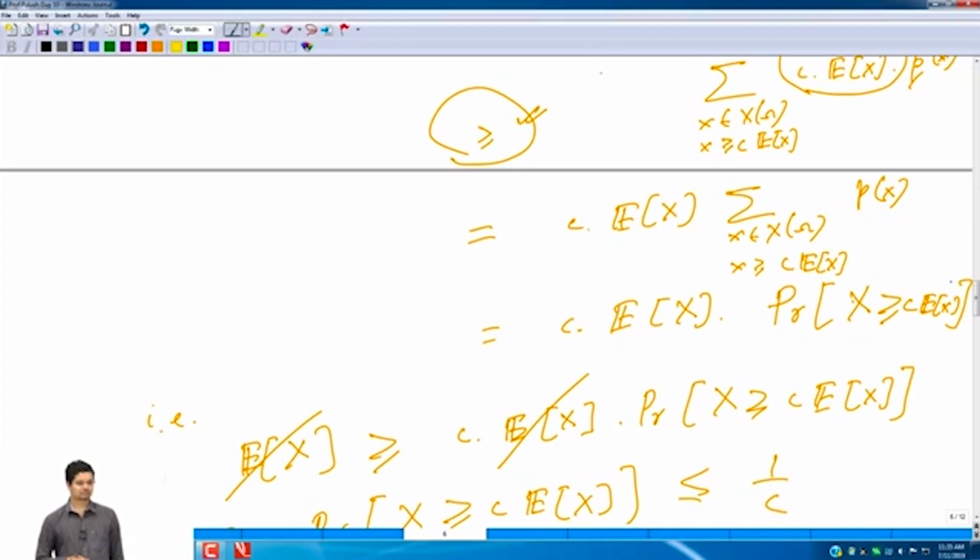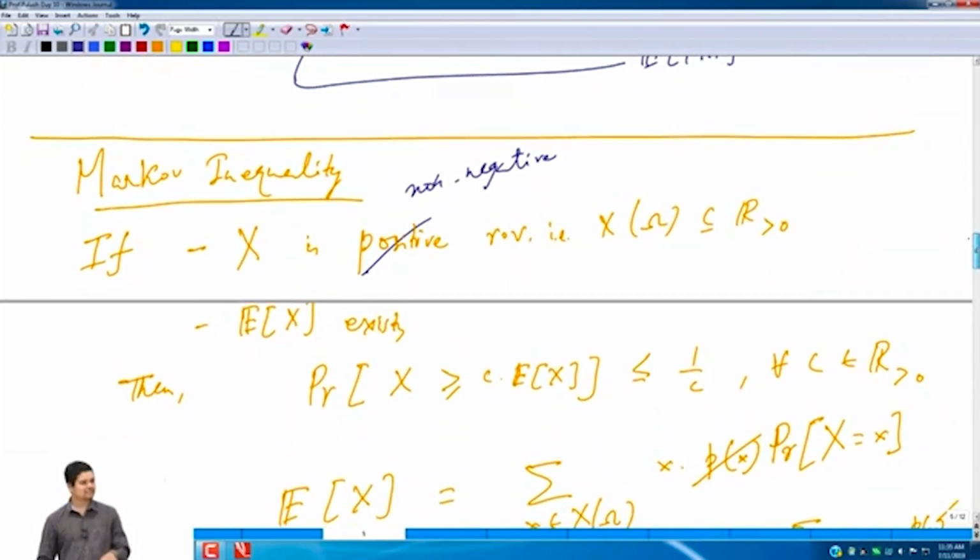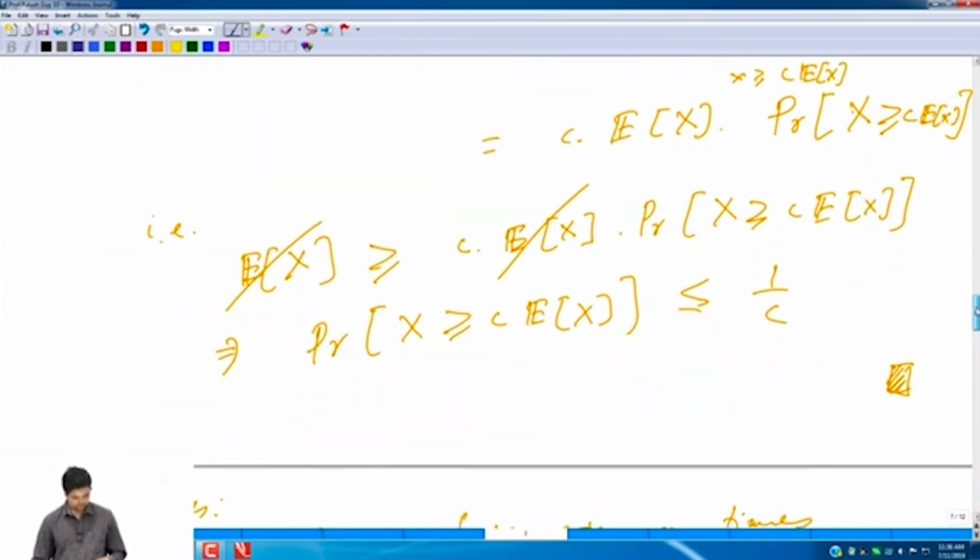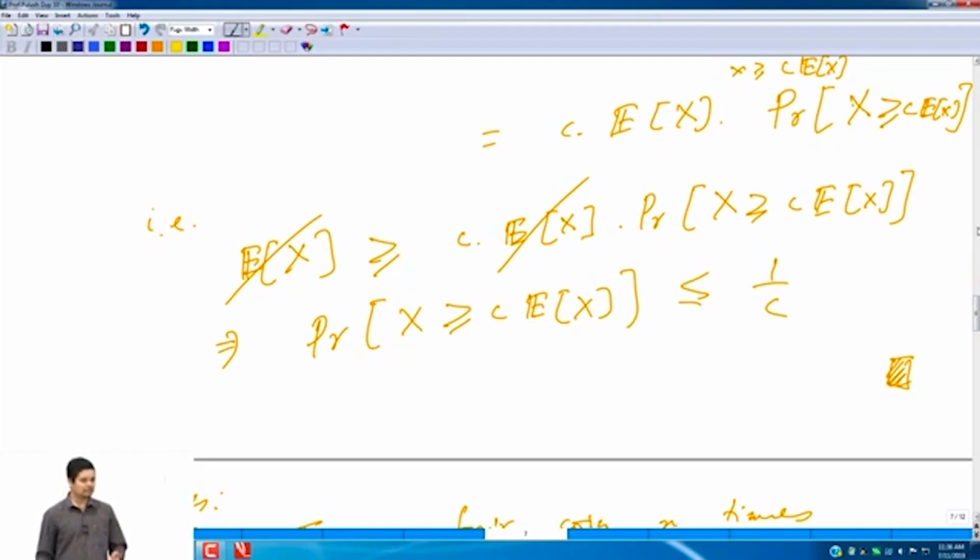Any fix? Is the motivation clear? That we want to apply this Markov inequality to the example of coin tossing, but x takes value 0 also. So basically we observe that we don't even need this stronger assumption that x is positive. Even if x is non-negative, Markov inequality holds. Can anyone suggest a proof or fix to the proof? Because we have cancelled expectation of x and argued that it can't be 0 because x is a positive random variable. Any fix?